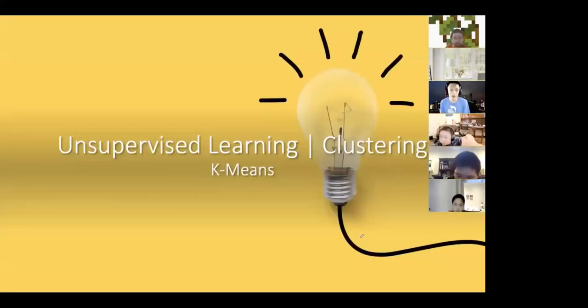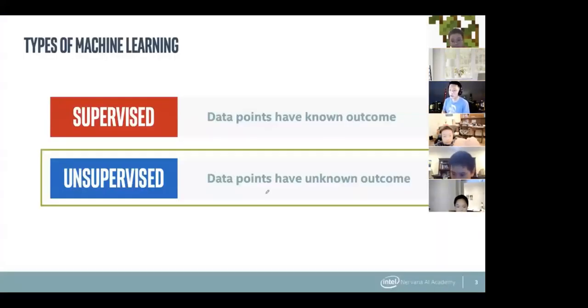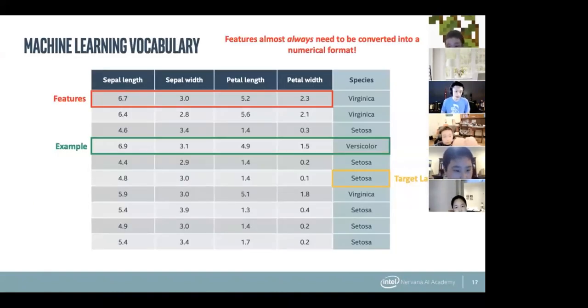Now we're going to jump into a very quick introduction to something called clustering. I won't be talking very much about it, but this is called the k-means clustering algorithm. K-means is very simple. In unsupervised data, we have no known outcome. So does anyone want to explain to me what the table would look like? In supervised learning, we had a table that looked like this. Does anyone want to suggest what would happen if we were unsupervised? What changes about this table?